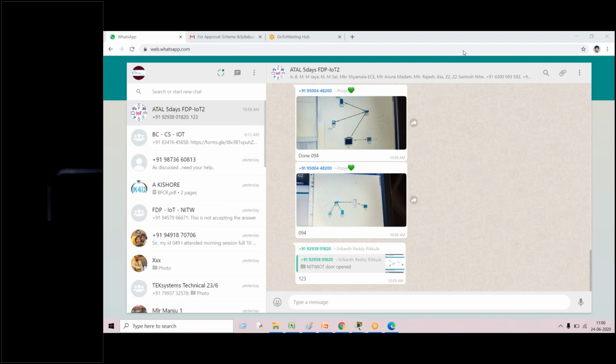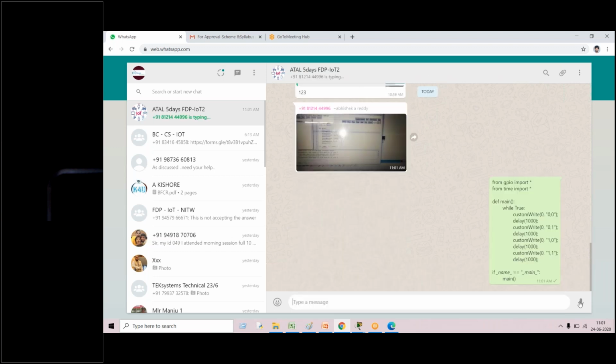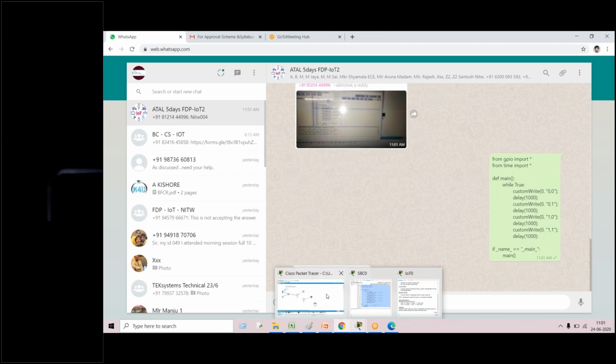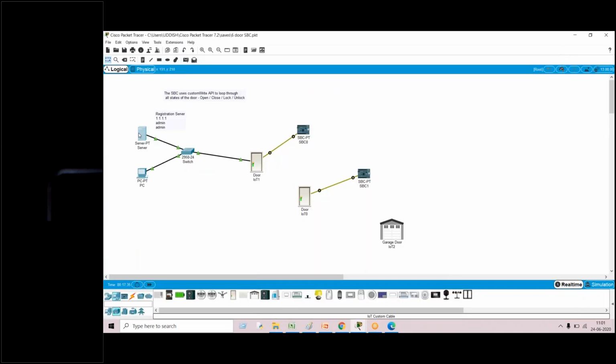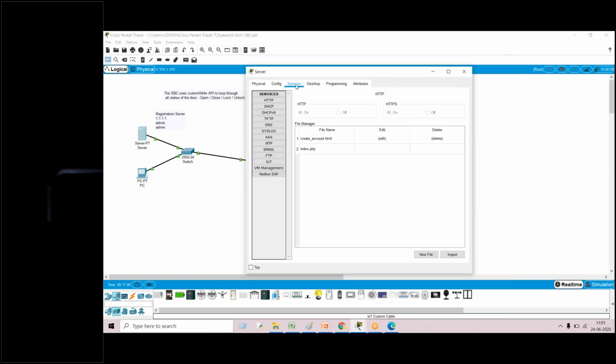Excuse me, sir. Sorry to disturb at the last moment. On the server desktop, I'm not getting the IoT device condition when we click the desktop option. I'm not able to register the server.